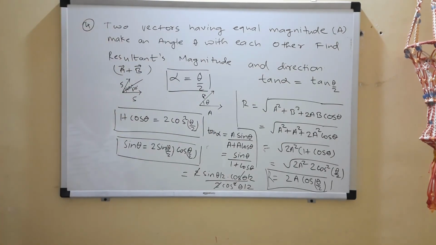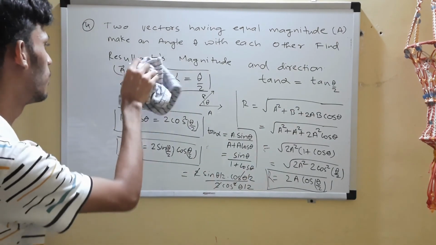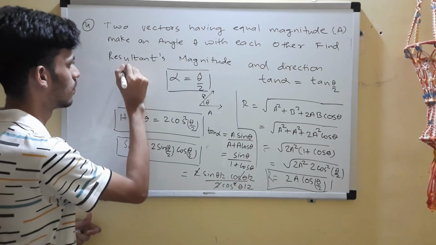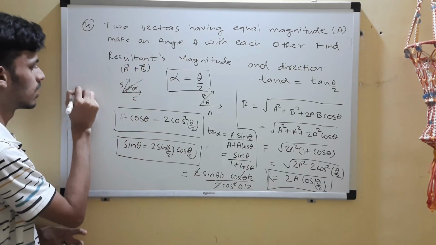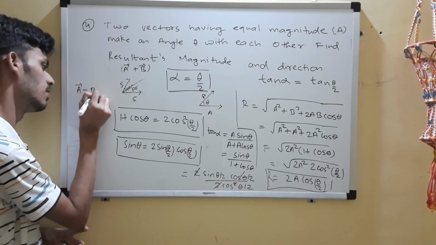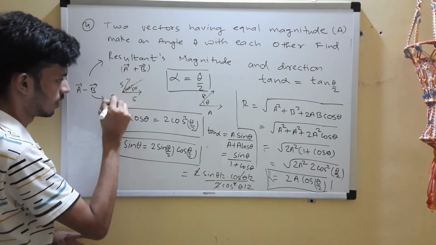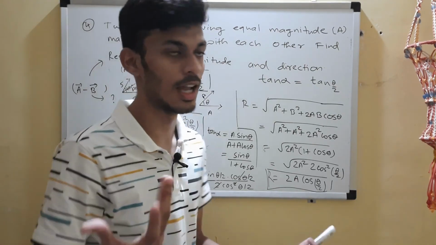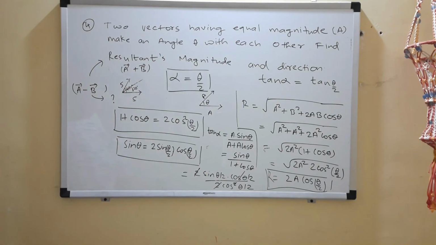Okay, and just let me give you your homework. So you have to do the same discussion for a minus b. Okay, this was for a plus b. Now I have to discuss for a minus b. Okay, this is your homework. Same discussion for a minus b. What will be the magnitude and what will be the direction of a minus b? Okay, you can note that down.